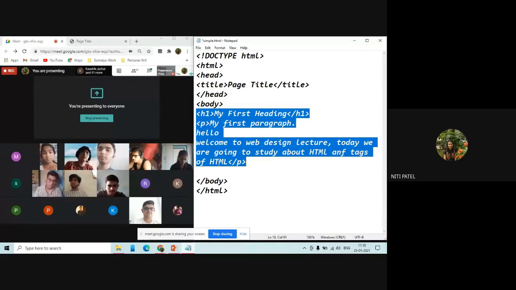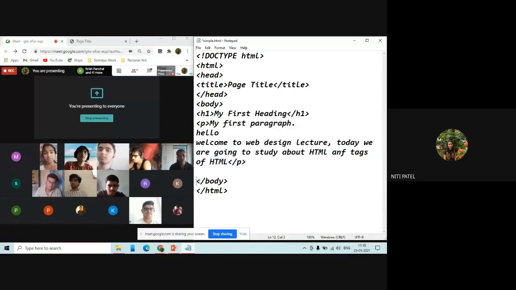So whatever I have written will be displayed on the screen as I have written inside the body, and I have closed the body with an end tag, closed the HTML with the end tag. So this is the opening of HTML, this is the close of HTML, opening of the body and close of the body.